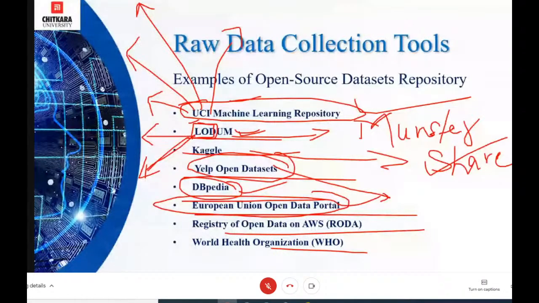Next is the European Union Open Data Portal. It is governed by EU institutions, agencies, and other organizations, which publish their data on a single platform. The name of that particular platform is European Union Open Data Portal. This open data portal is home to vital open data pertaining to EU public policies, or policy domains.